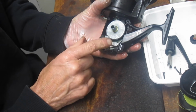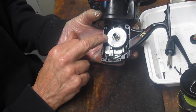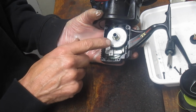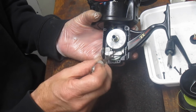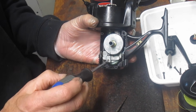This is kind of a typical setup for a reel at the time. We have a big gear. In this case, I'm going to say this ratio here is probably a 4-to-1 or 4.2-to-1. It's not that big a gear. It drives a pinion gear. On the back end of this, there will be a drive for the crosswind gear, which is below here, and that's going to force your spool up and down, as you saw when I rotated that. So we're going to take out the